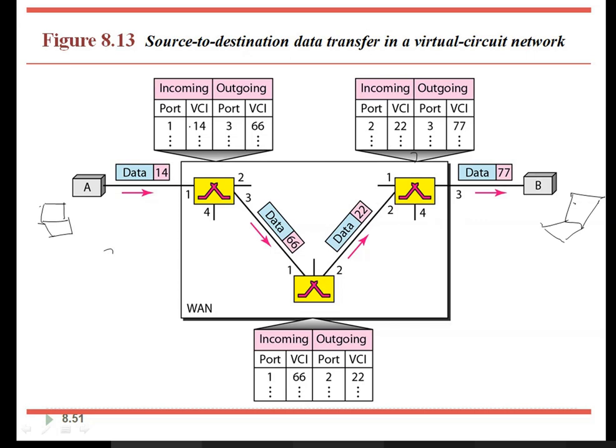Now it requires sending the data from source to destination, that is A to B. So how does the VCI change on the trip? That is, when the data is moving from source to destination, how is the VCI changing? Just observe, go to the table. For this switch, this is a routing table. For this switch, this is a routing table. Each switch has its own routing table. Go through this table and try to understand how this particular piece of data is moving from A to B.